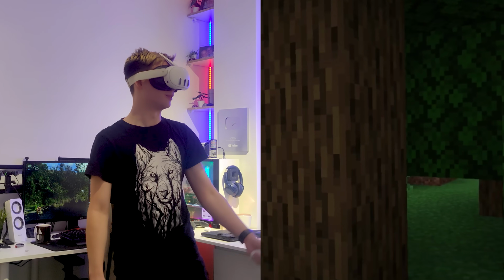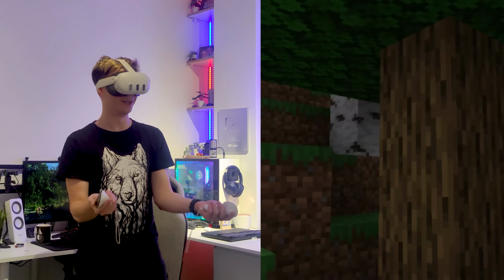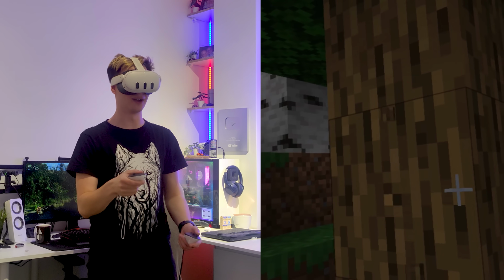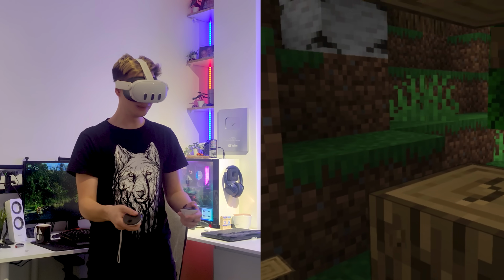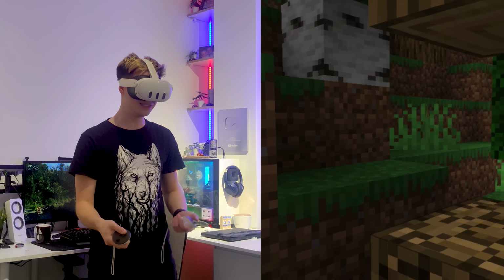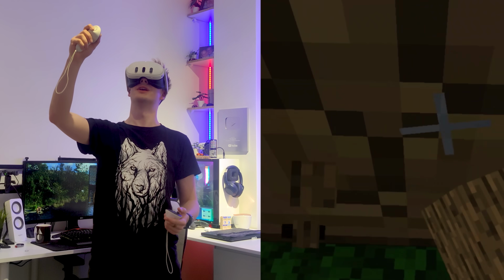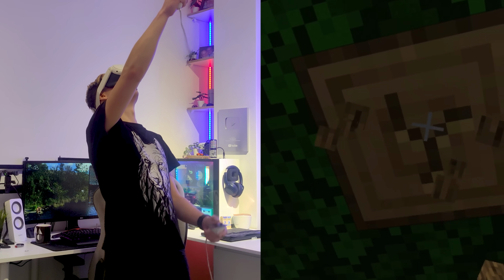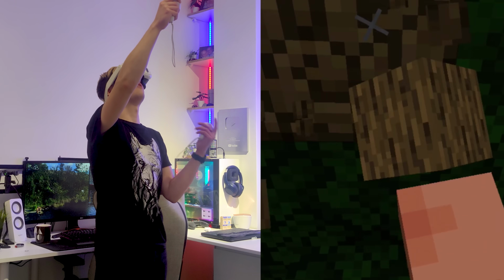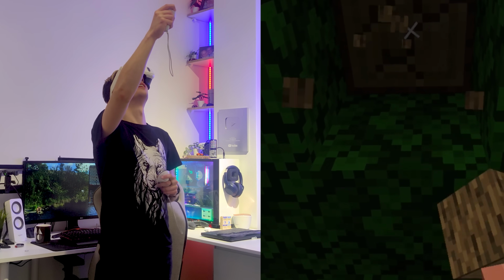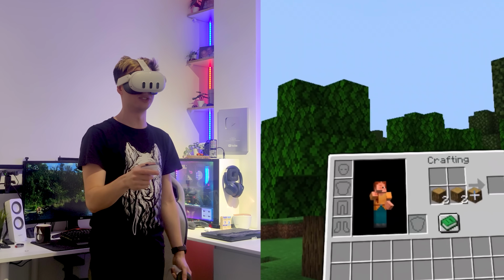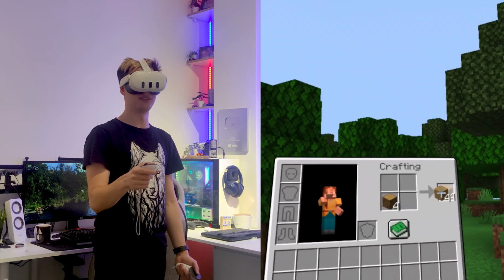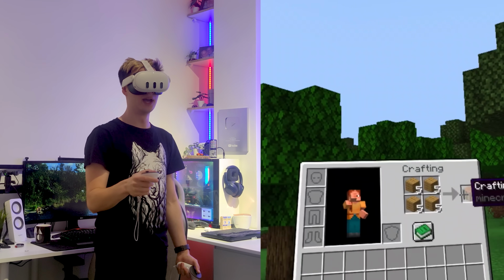That is incredible. Now, this is running on the Quest 3, Meta's most powerful hardware, and yeah, there are these jitters from time to time, but I do believe that this might just be something that happens at the beginning when you first jump in. Here we go, let's do a little bit of crafting. In case you guys have ever played Vivecraft in the past, these controls are going to seem incredibly familiar to you. Everything is just really, really intuitive, and again, there are these lag spikes from time to time,